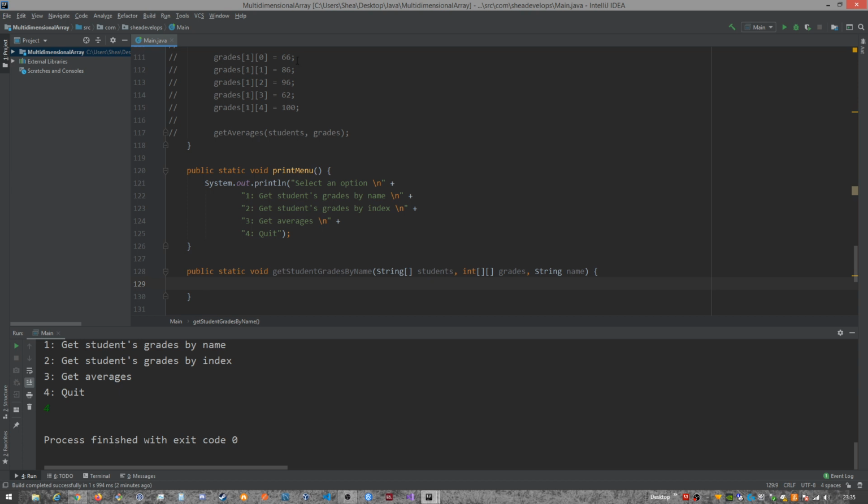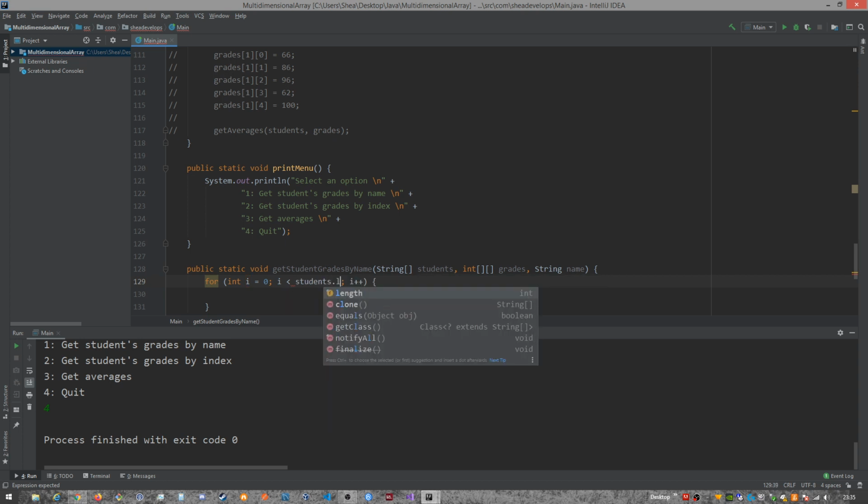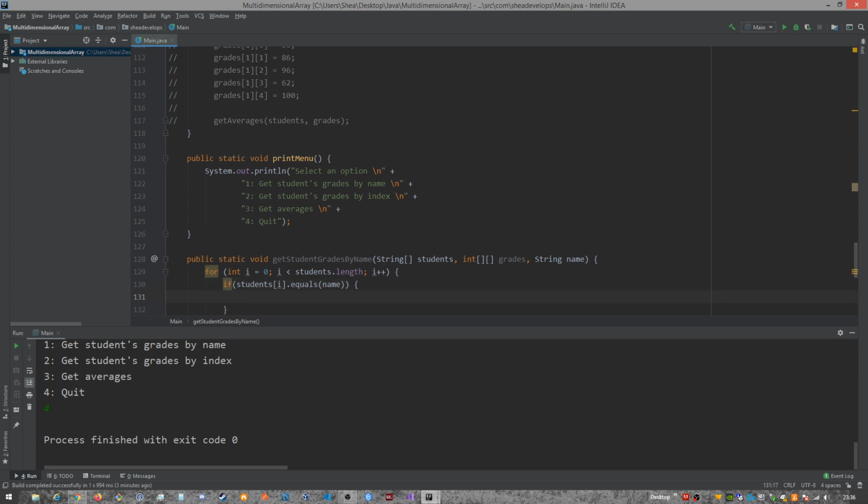So we're going to do it basically the same way as whenever we were inputting the grades, as far as looping through the students. So we can do for i, and this will be students.length, and then we're going to make sure that the name that was inputted is actually part of the group, the array of students that we have. So if students[i].equals(name), and this is going to pass us a true or false value, because whenever we run the equals method on a string, it will output a true or false, and that's what it's looking for in an if statement. So if this passes,